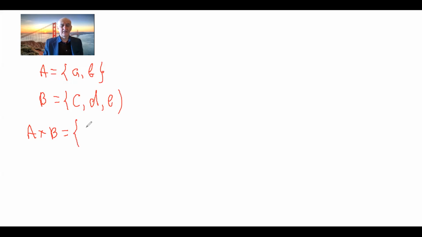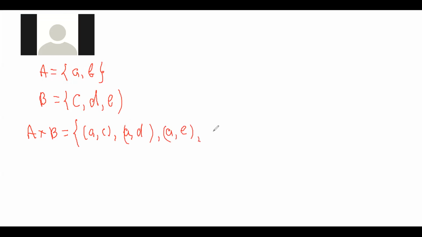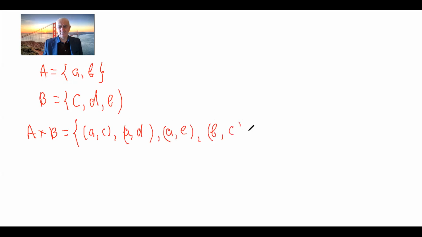The elements of this Cartesian product are ordered pairs. So the first pair is AC, then AD, AE, BC, BD, and finally BE. And how many elements do we have here? The cardinality of the Cartesian